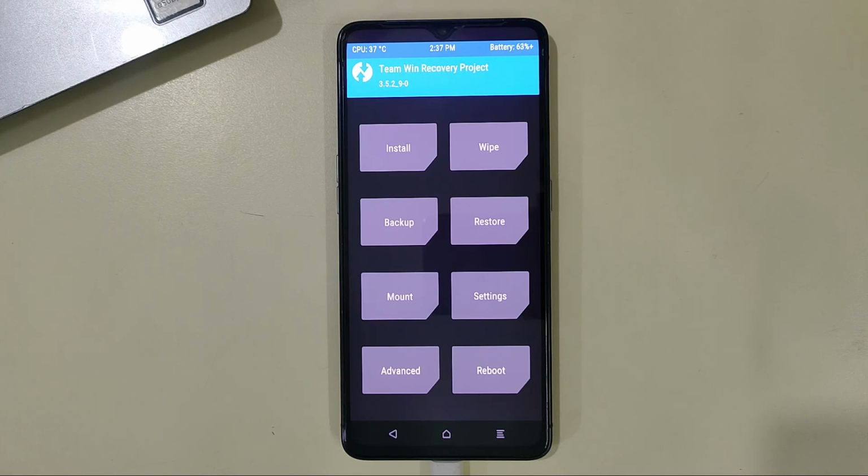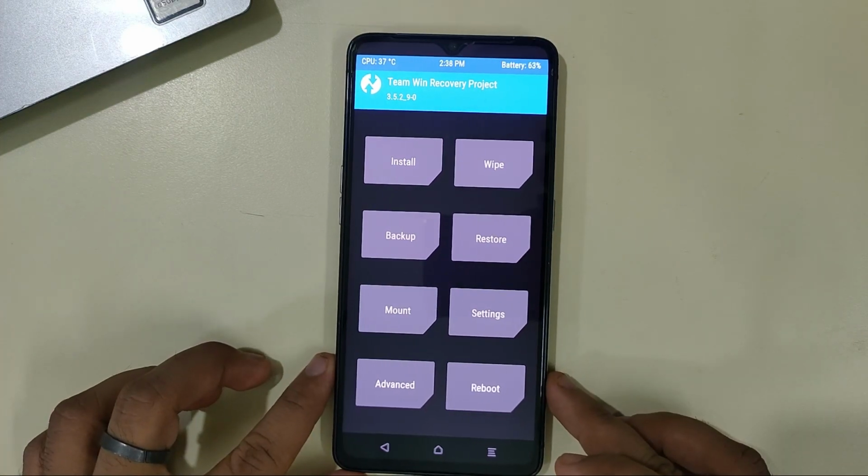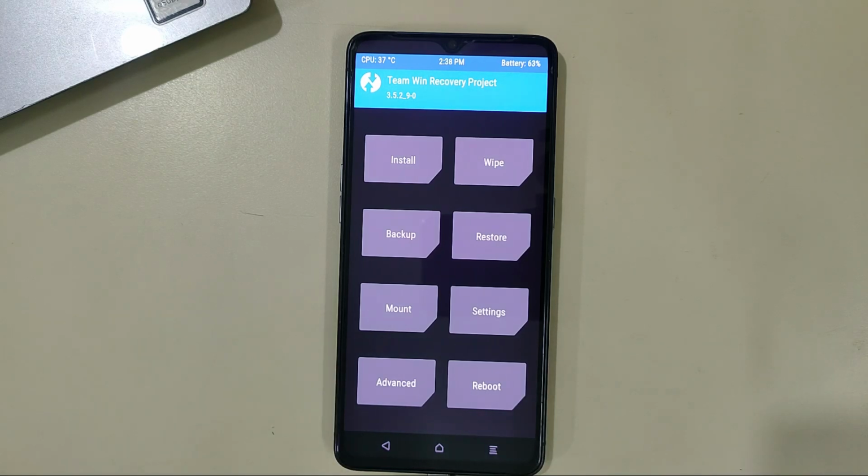This process is for both users, those who are on Realme UI 2 or on a custom ROM. Both have to follow the same process. It doesn't matter which ROM you are on, either it's Oxygen OS, any custom ROM or Realme UI, you have to follow the same process. Now we have to download the Realme UI 2 file, for which I have already given the link in the description. So download the Realme UI 2 file from there, and now we'll proceed further. My file is in my pen drive, so I will use that only. In this video I am showing F.10, but in the description I have given the F.11 update. The F.10 was already downloaded with me, that's why I am showing this.